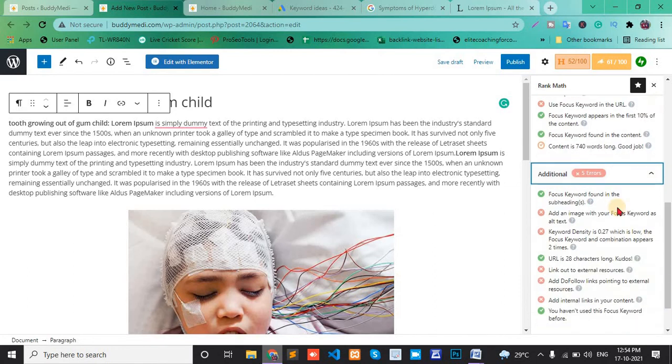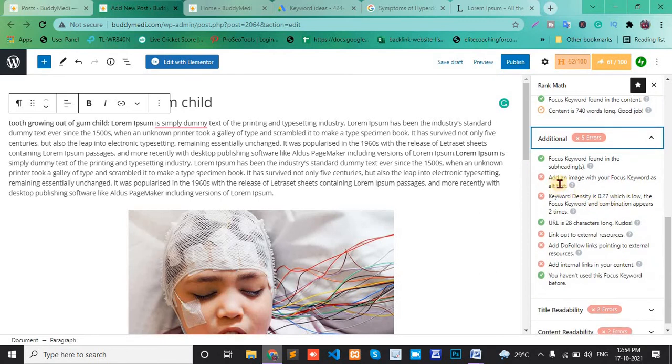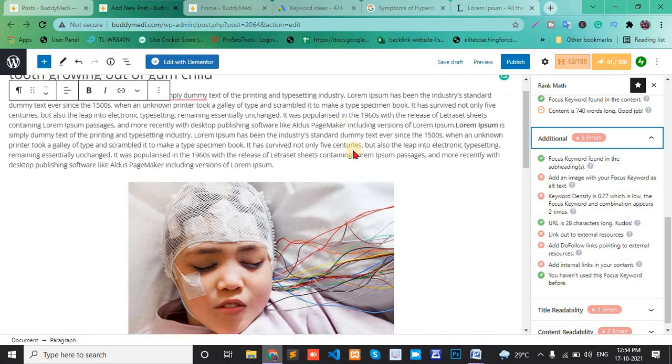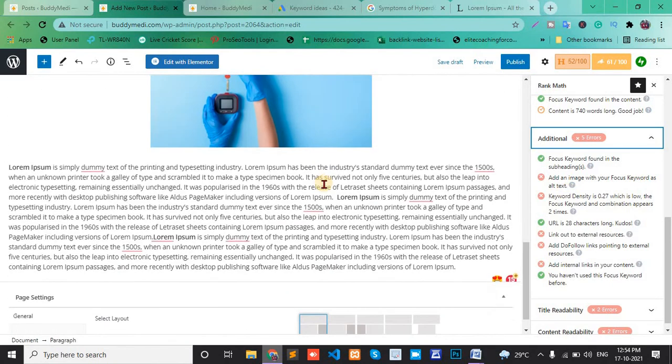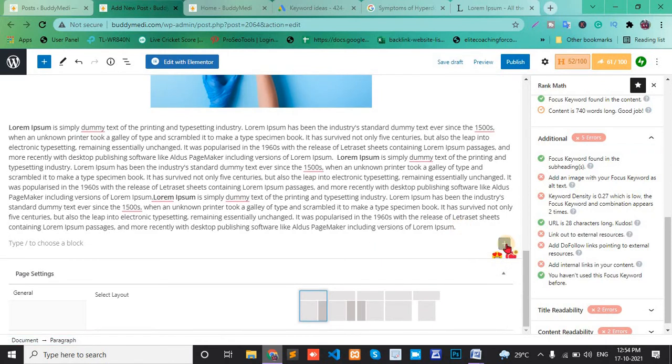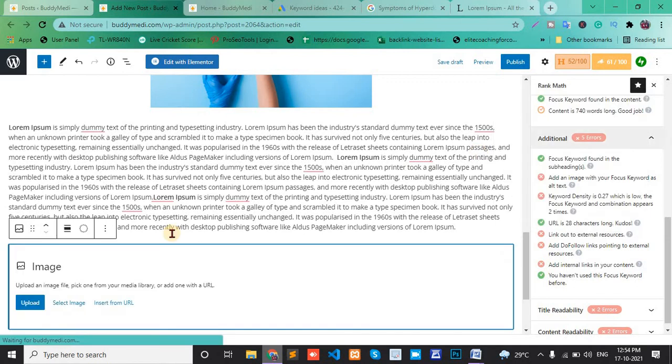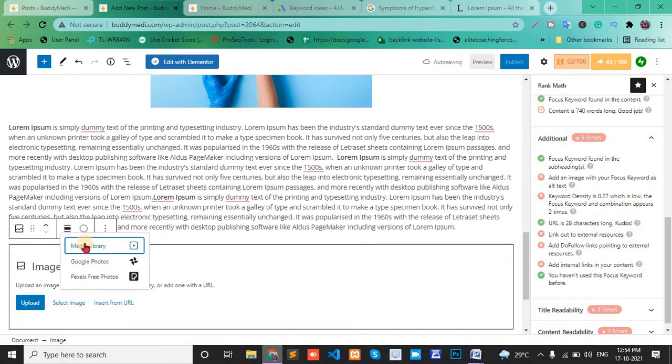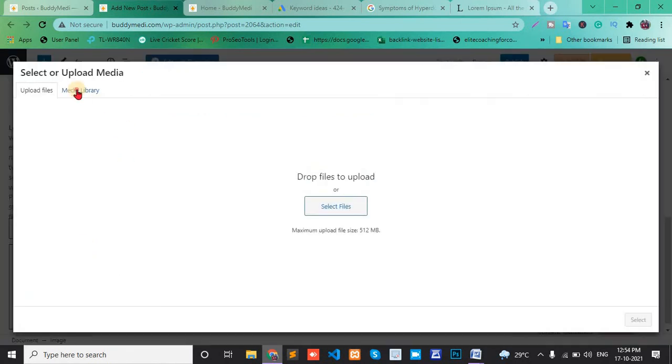Next, the additional. Add an image with your focus keyword as alt text. Here add another image, select image, media library.